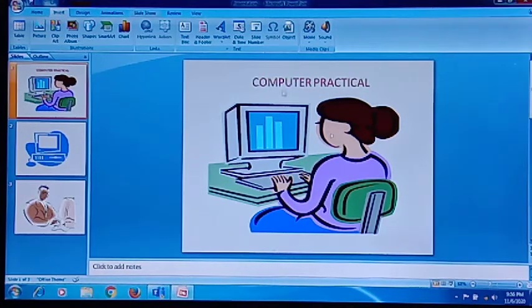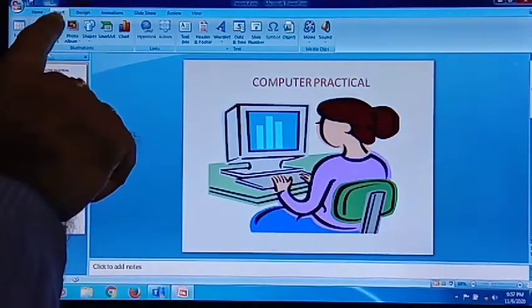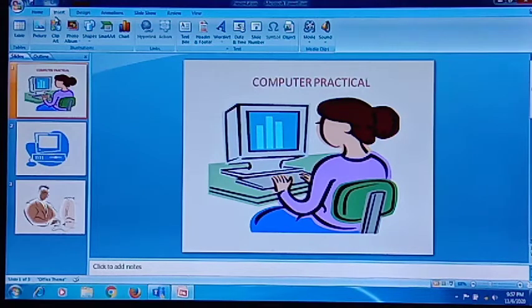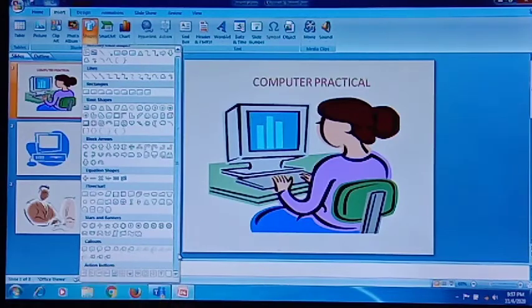Now what you do, suppose these are the slides which I've created. If you see in this presentation, I've created 3 slides. This is my first slide. In this first slide, what I'll do, I'll go to the Insert tab, click on the Insert tab, and click on the Shapes button. When you click on the Shapes button, this dialog box will appear with a number of shapes, like lines, rectangles, basic shapes, arrow buttons, equations, flowcharts, and the last one, if you see, this is the last option where we can see the action buttons.